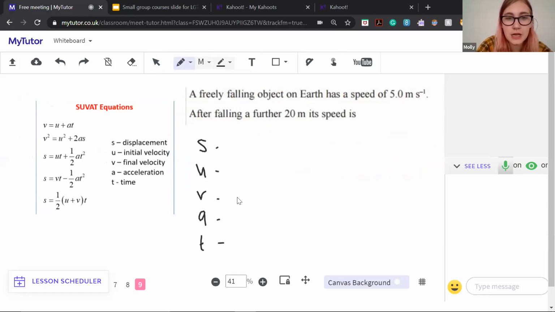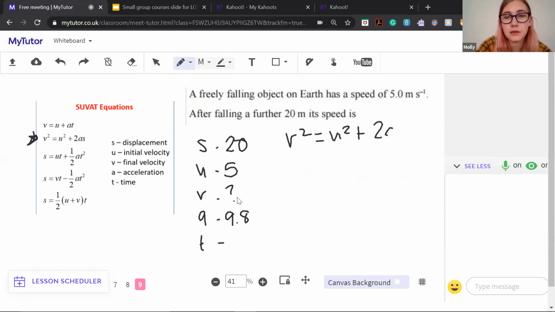Right. It starts with a speed of 5. It falls a further 20 meters. We want to know what it ends up as. And we know that acceleration is 9.8, as I said. So we're going to use this equation again: V squared equals U squared plus 2AS. Fill it all in. So V squared, again what we're looking for, equals U squared plus 2 times A times